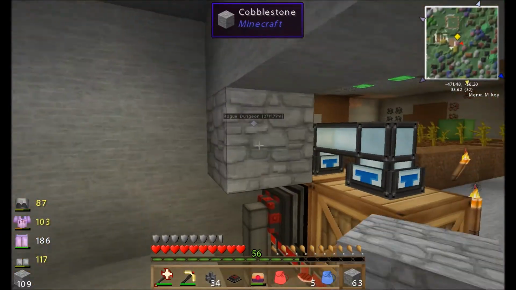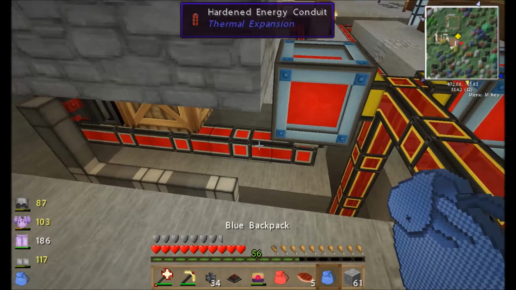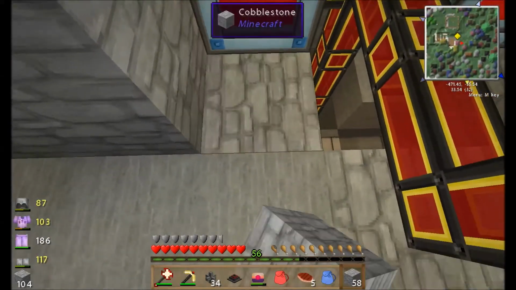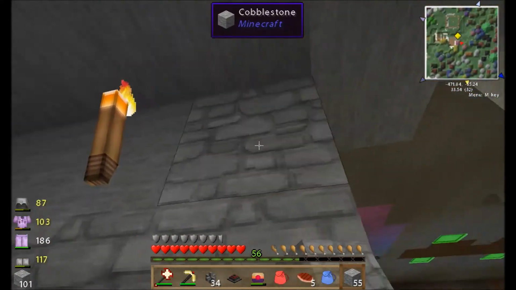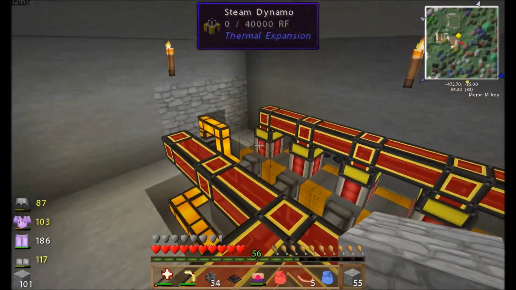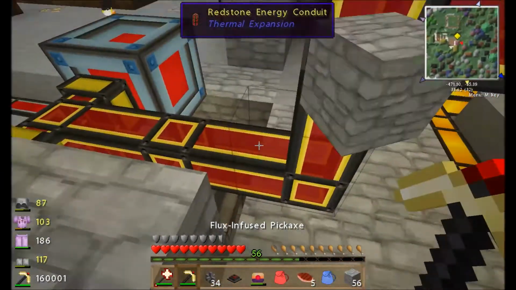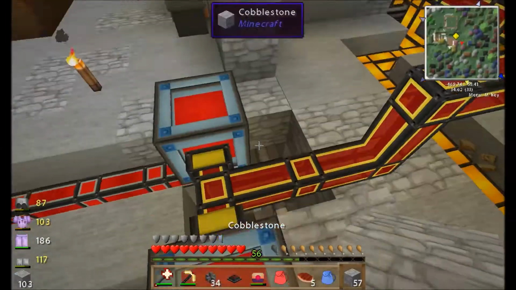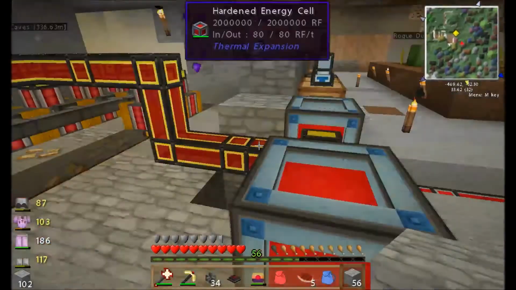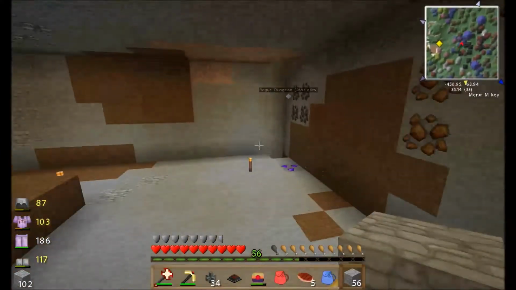Let's see. Let's go ahead and do blocks here. I think blocks there. And blocks there. Maybe not blocks there. That's the way out. Or that's a way out, I should say. It's not necessarily the way out, but it's a way out. Alright. Okay, so now what we will...